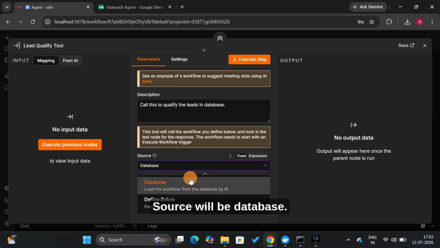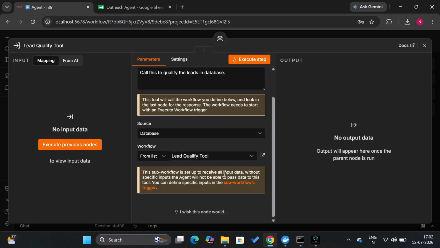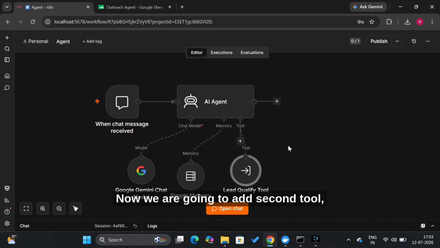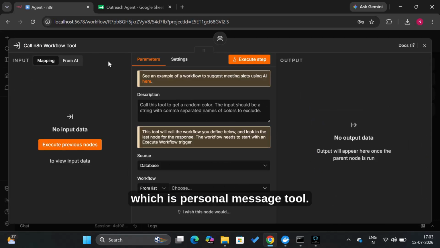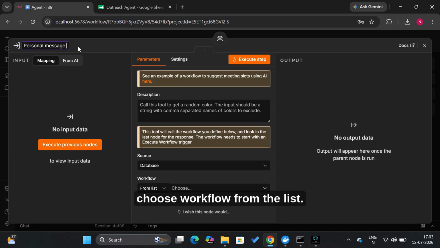Source will be database, and then we have to choose the workflow from the list. And now close it. Now we are going to add the second tool, which is the personal message tool. So again, change the name, add the description, and choose the workflow from the list.